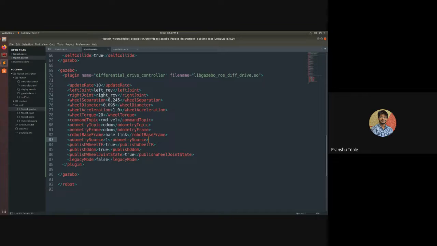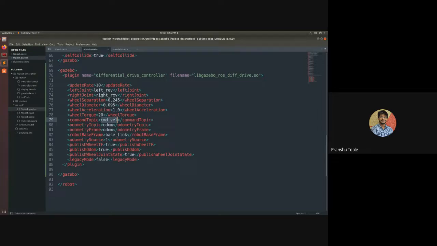So basically, now your robot should be able to move in the simulation if we provide it commands using the command velocity. So now, how could you provide commands using command velocity? You need a ROS package for it, which is teleop twist keyboard.